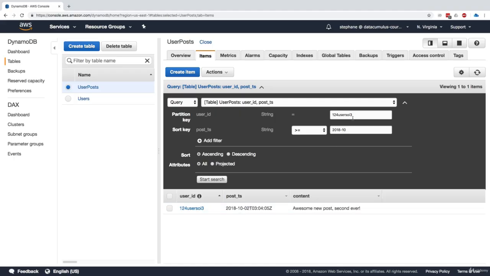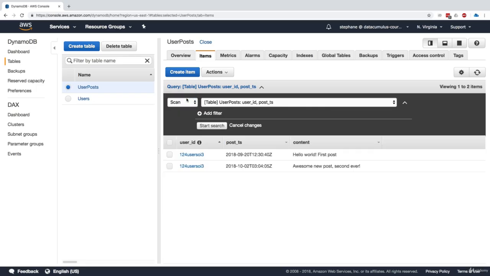So we were querying for this. If we wanted to go back in time and say, I want to know all the posts that were done after March of 2018, click on start search. Here we will get 2 results back. So here we really see the difference between doing a query in which we have to specify an equal relationship for the partition key, and we can choose whatever we want for the sort key. And if we do a scan, then we don't get any little options. We just scan the whole table and we do start search, and this returns all the data available in our table. And so that's the big difference that I wanted you to realize between scan and query, because they're very different behavior overall.